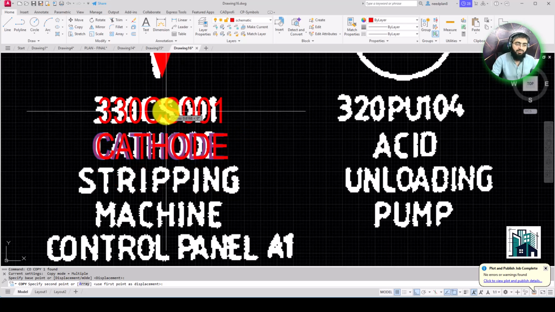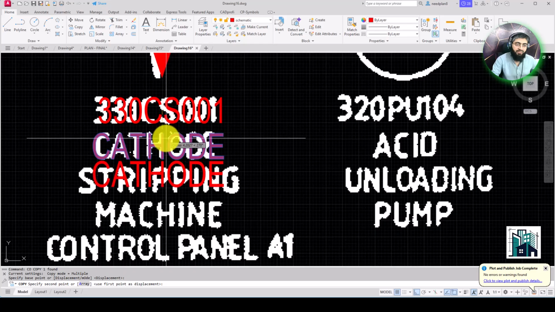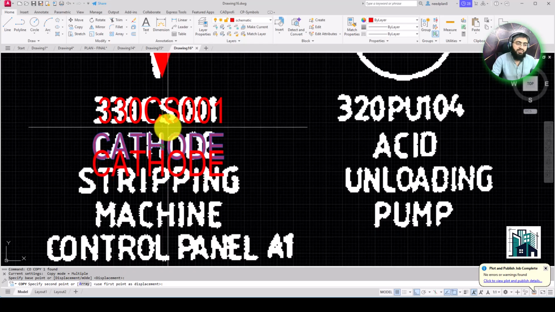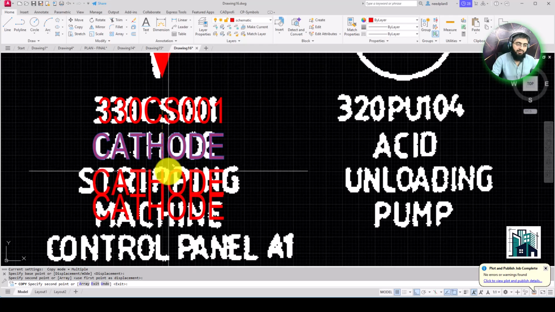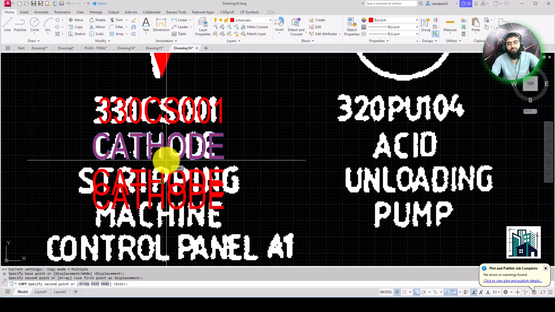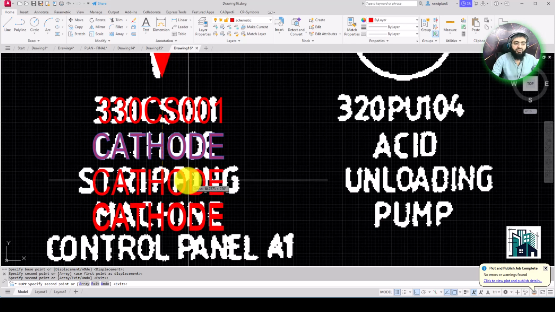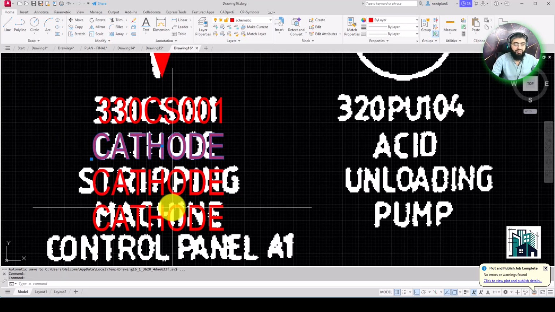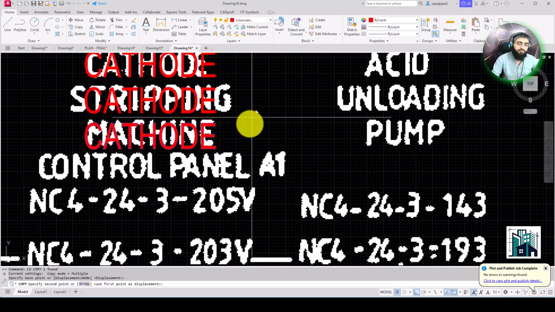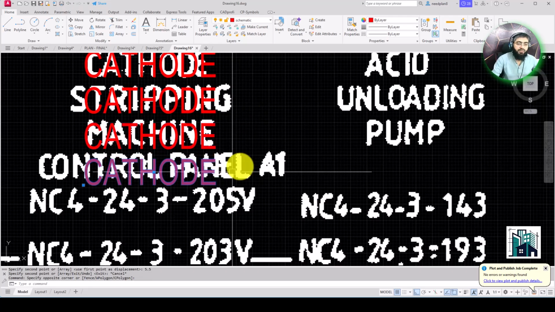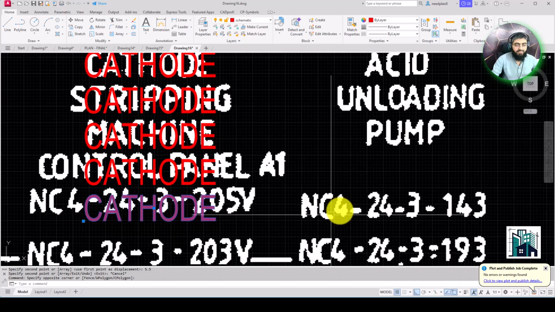Okay, just come, select this, and then come here on the other object. You will see the green option here. You'll have to just click here, and then click here. When your cursor is here, you will see the green dot in the middle of the text below. Okay, you'll have to just click here, that will place it as per this dimension, or you can manually press, like I'm going to write 5.5, then click 5.5, then click 5.5.